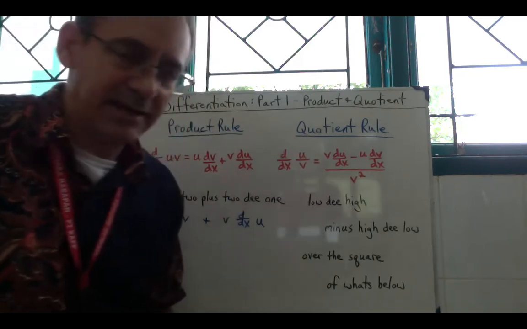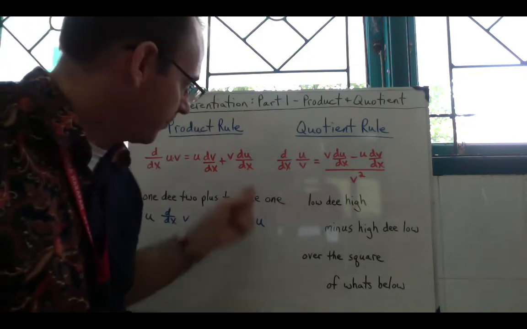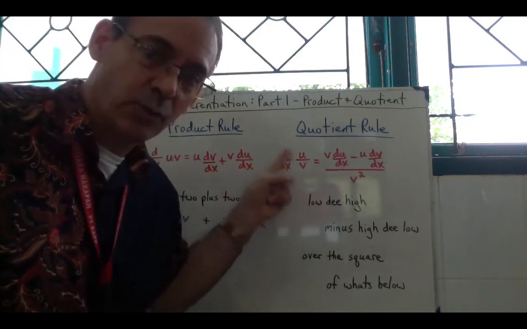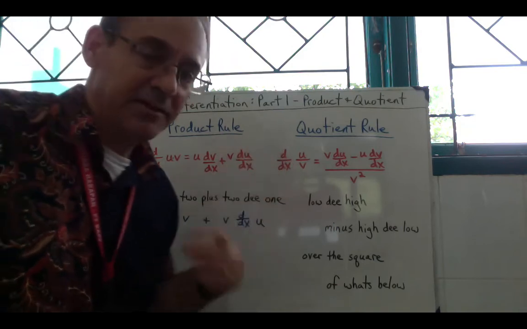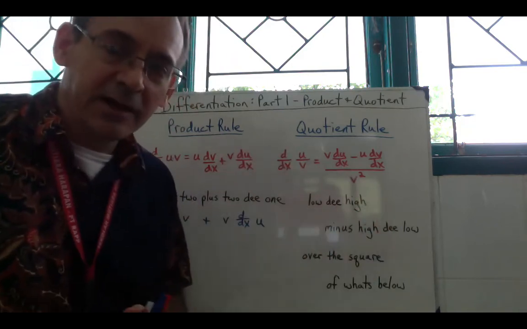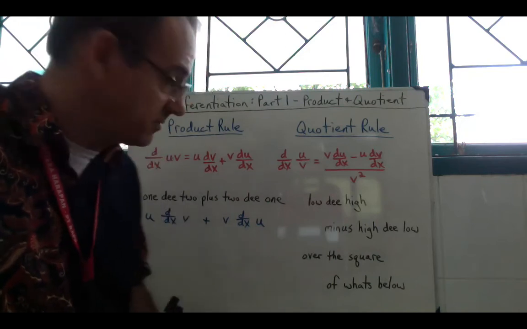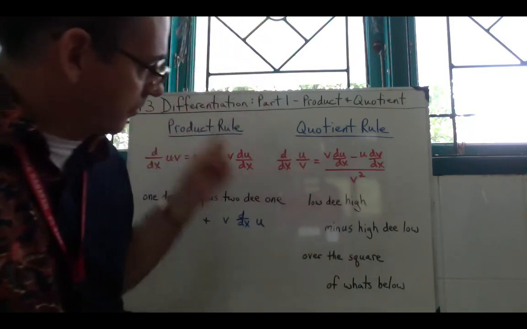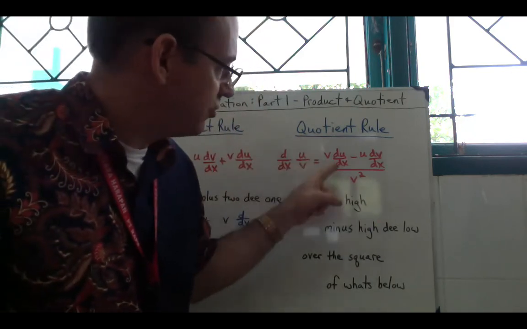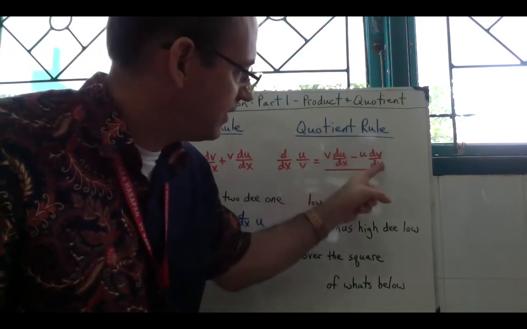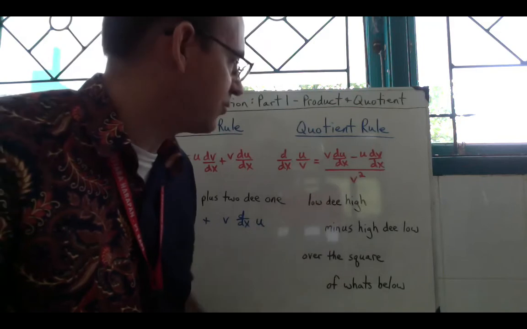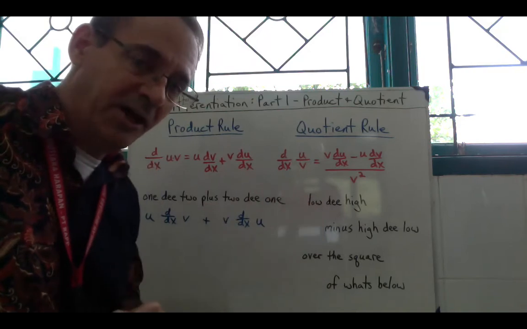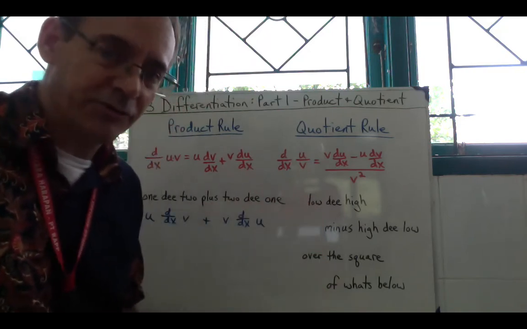Okay, now let's look at the quotient rule. The quotient rule is the derivative of two terms that are being divided, one term divided by the other term. Again, this can be any combination of algebra or transcendental functions that you have learned previously. So for the quotient rule, we have v du dx minus u dv dx, over v squared. Again, this formula is in your formula sheet, but to help you remember it as you go through it, we have